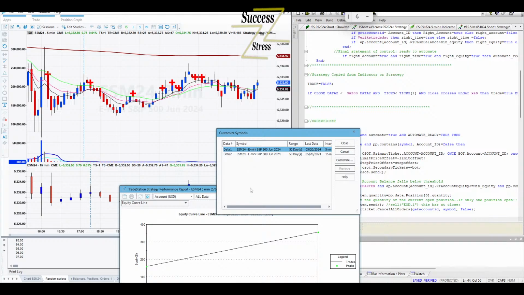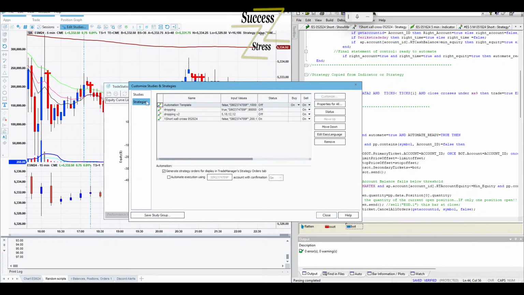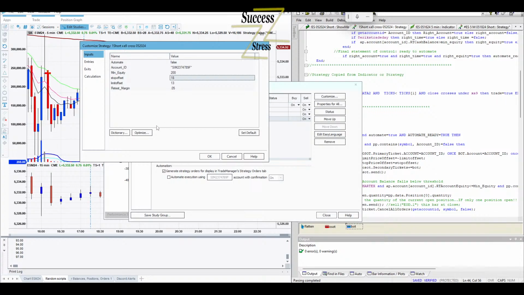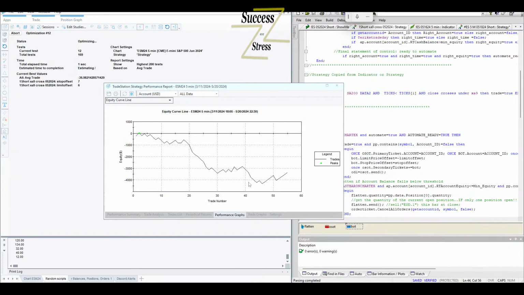All right, so if you go back 50 days instead of 10 days, that's what you get. Excuse me. So now what you want to do is you want to optimize over this past 50 days, and you get a better idea of what your strategy would look like on a long-term basis.